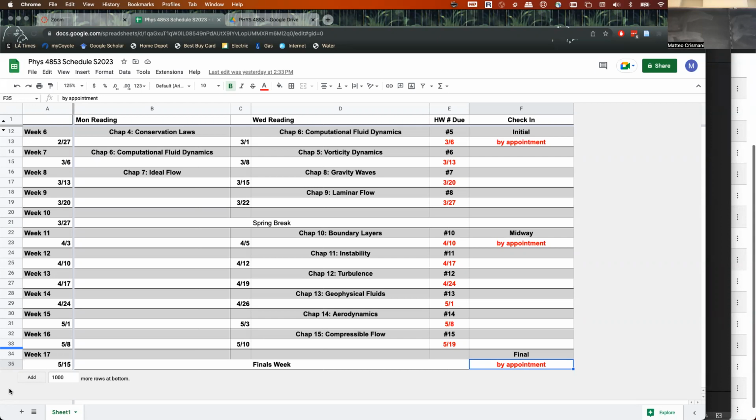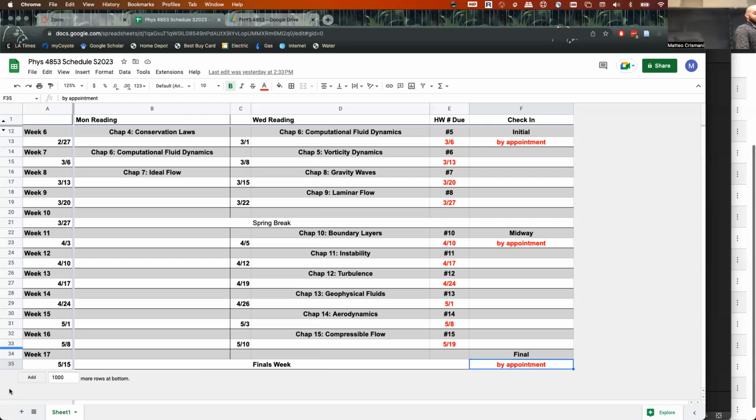But we're gonna get through implicit schemes and some other numerical approaches, and then we'll jump back to vorticity dynamics. We may or may not do any Bernoulli stuff, and then we'll head back to computational. So we'll jump back and forth like that for a little while. We're gonna learn the concepts, then try to apply it using coding. Yeah, that's the hope. That's the goal.